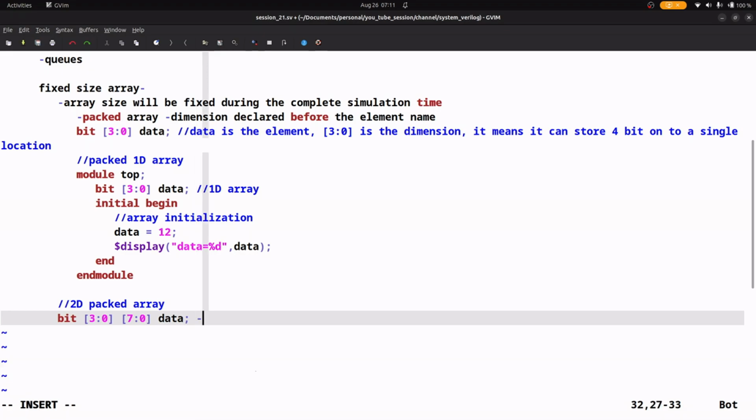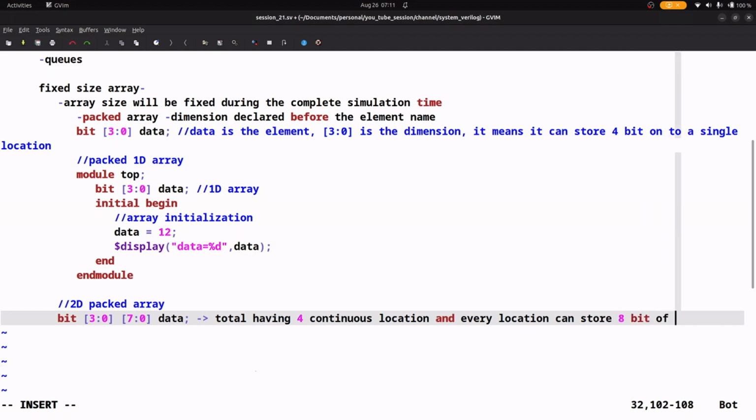It means in total having 4 continuous locations because they are packed, right? And every location can store 8 bits of data. That's it, right? Means it will look like